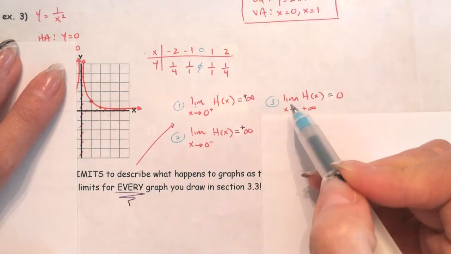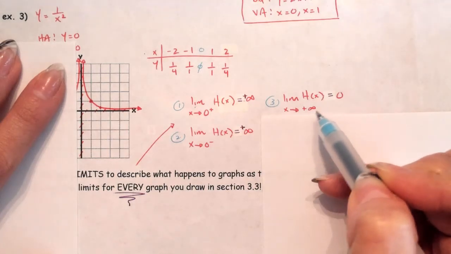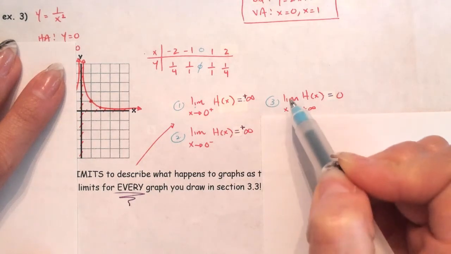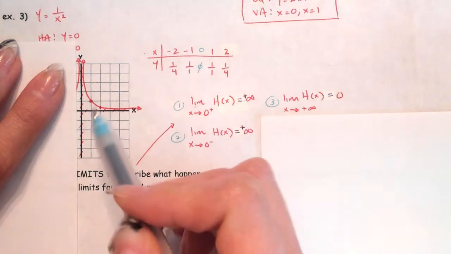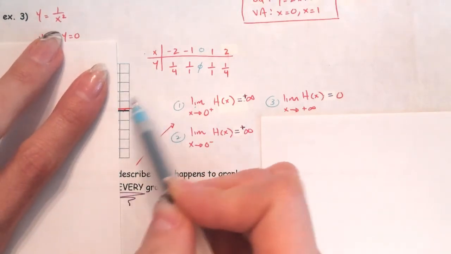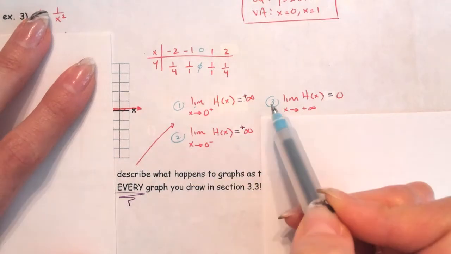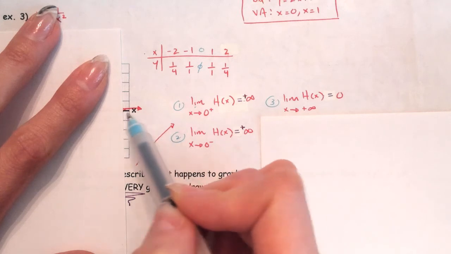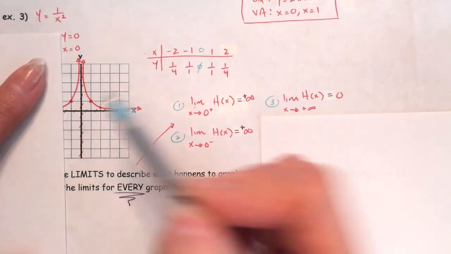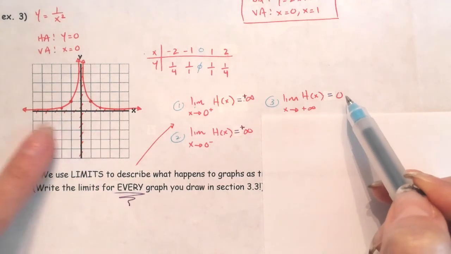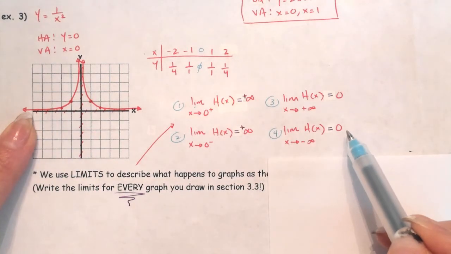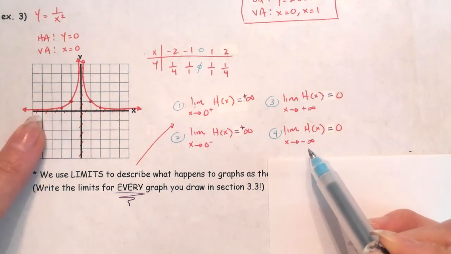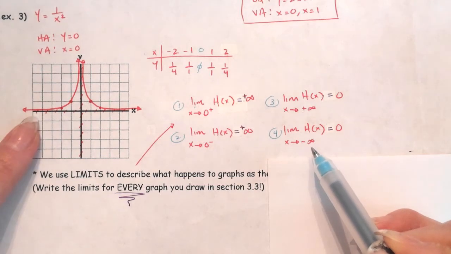You say the limit as x goes to positive infinity of h of x is 0. What does that mean? The limit as x goes to positive infinity is the end behavior on the very right side. So literally you're looking at the very right side, because that's where x gets bigger and bigger and bigger. When you look at the right side, what's the y value getting really close to? The y value is getting really close to 0. That's why the answer is 0. On the left side, what's happening? It's getting closer and closer to 0 as well. So this says the limit as x goes to negative infinity. That's why it's on the left side, because this is negative x's,